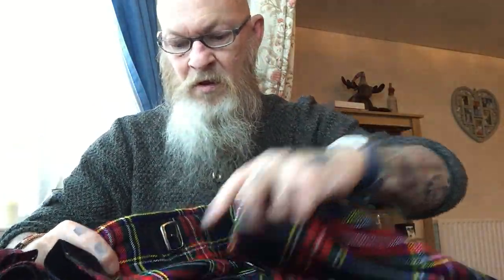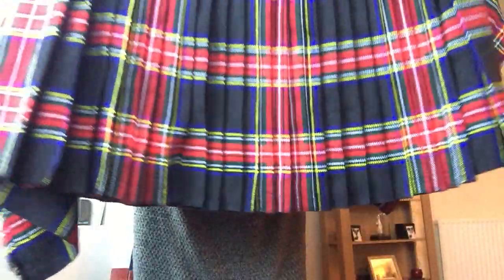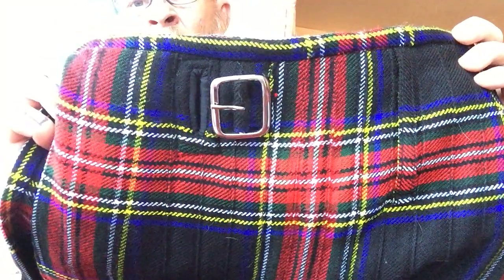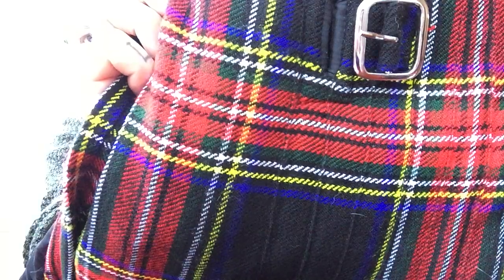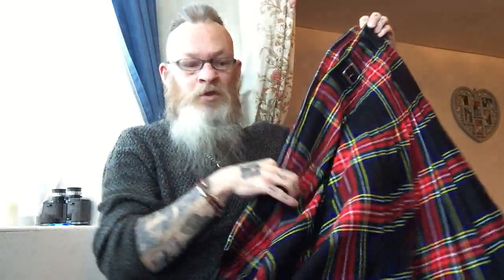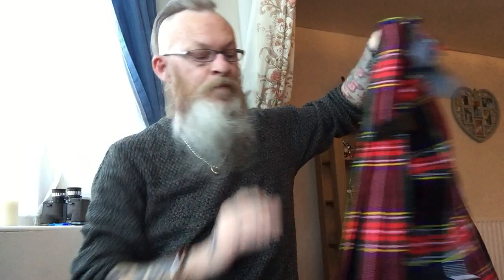The pleats are fine, and I have no issues with them falling out or anything. I do keep this on a kilt hanger. I have several kilt hangers that I keep my kilts on. No issues with the running of the colours or anything on there. And I'll just hold it up so you can see some of the actual threads and counts on there. So I'm really happy with this kilt, especially for the price, which we'll go into in just a second. So that is the Black Stewart kilt, and I do want to get more kilts